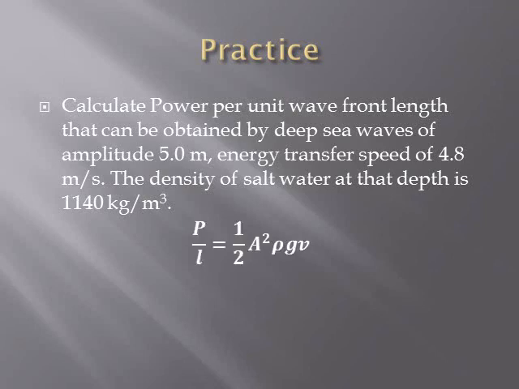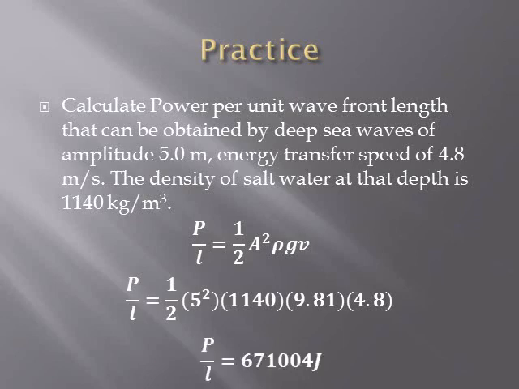Okay, so we're going to use our equation. We just plug in our numbers. So A, remember, is amplitude. V is the speed of the wave. When we plug in the density, we just plug and chug, right? So all the numbers go in, and we get an answer of this amount. So 671,004 joules is our power per